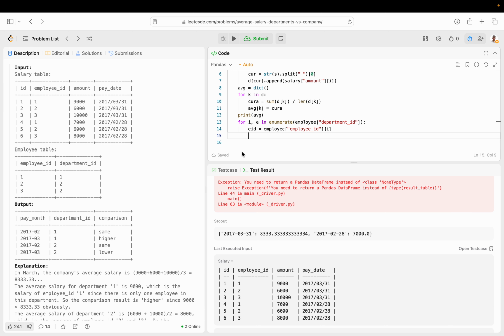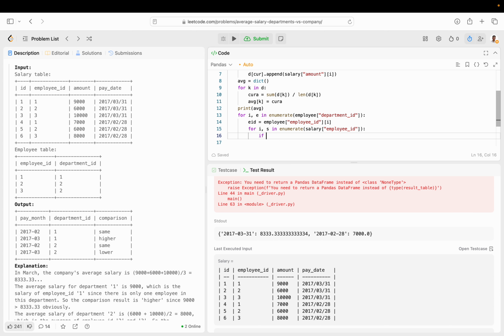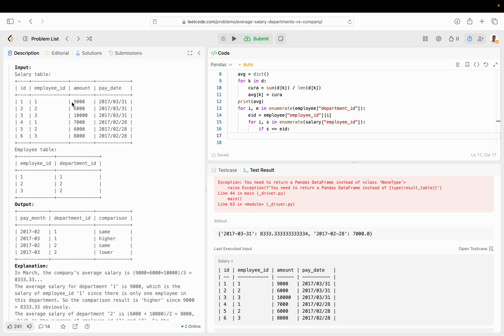Now that we have that, we can look for this inside of salary. So for i, s in enumerate salary of employee ID, if this current is equal to the eid we found before, now we have to